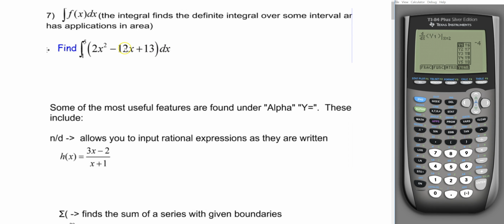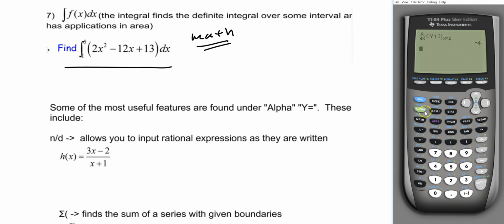Same if I want integration, right? If I want to integrate this, honestly, the easiest way to do integration is using the math button. I like it much more on the math button than I do on the graphing one. It's too cumbersome with the graphing one. So we're going to do the exact same thing. Go to math, go to fnInt, the integral. I'll put my limits in, 1 to 5,